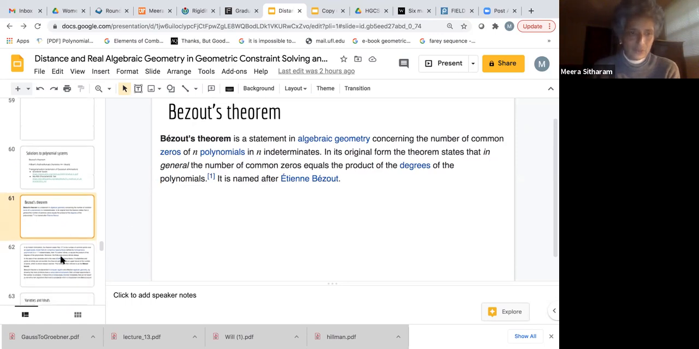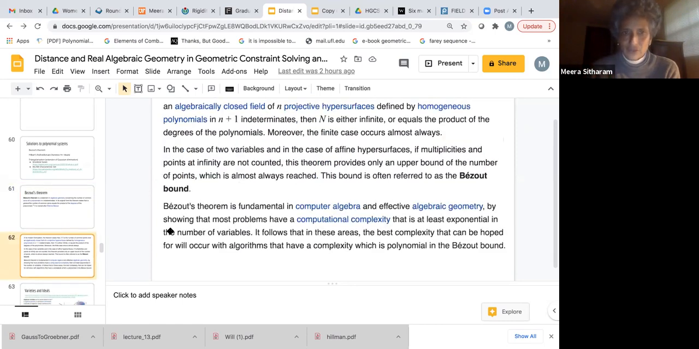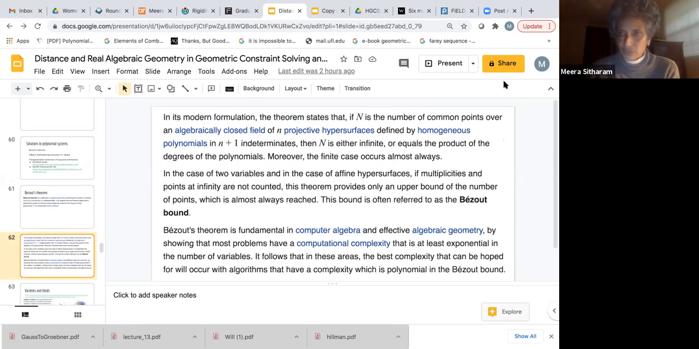Okay, and that's generically speaking. So it's not always the case, depending on the particular polynomial. In the modern formulation, it's saying that if you have n projective hypersurfaces over an algebraically closed field, so we're talking about the complex numbers as far as we are concerned, and you define their homogeneous polynomials in n+1 indeterminates, then either you have